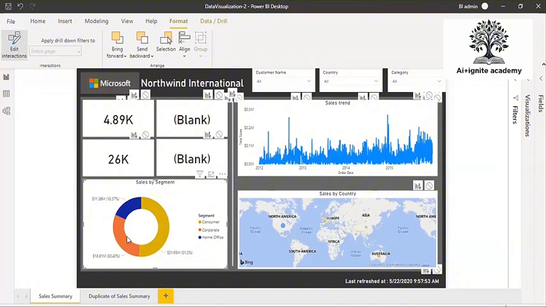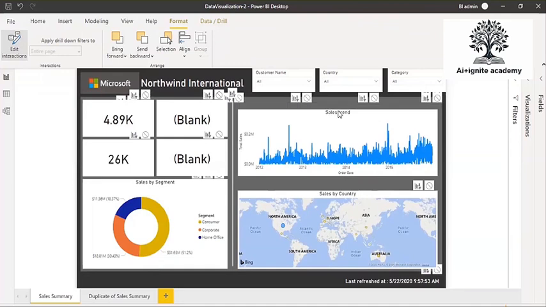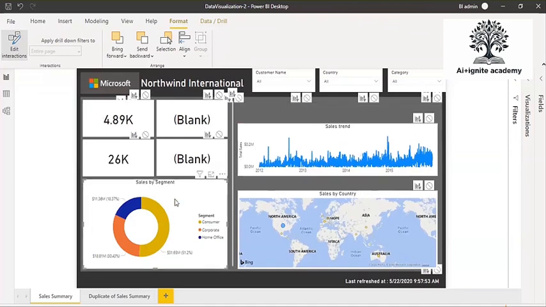Similarly, just move this down like this. Now you can see that these buttons are for this visual. Now when I'm selecting this donut chart, you see two options: one is filter and second is none. Right now, which one is selected? Filter is selected. It means whenever I select any value in the donut chart, data will be filtered here. If you do not want to filter here, then just choose none. Select none. Now none is highlighted.